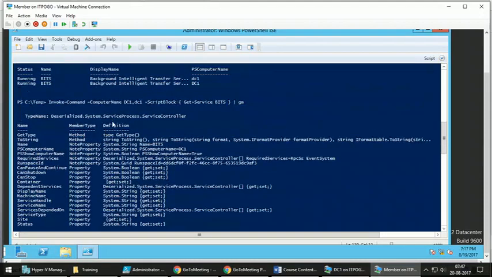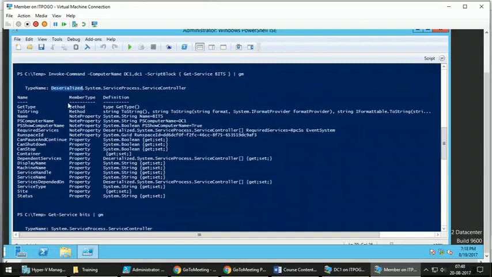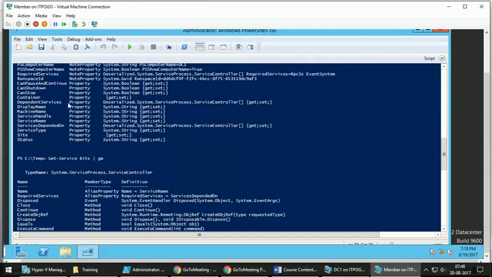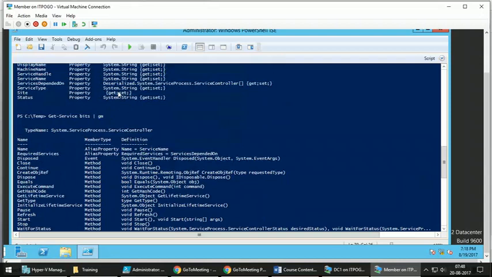once the command output has been captured, the output will be deserialized. Deserialized means anything which requires the open connection or anything that requires the active access to the output object, those things will be removed. For starting a service, you need to be in a live connection with the output object, which is the service from the remote computer.